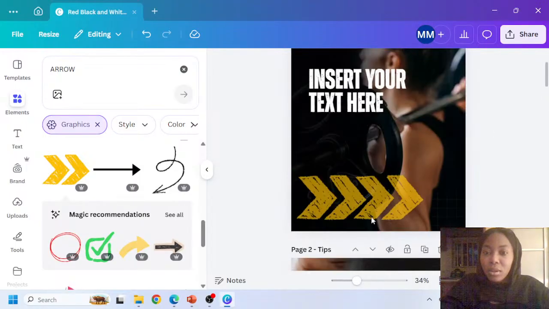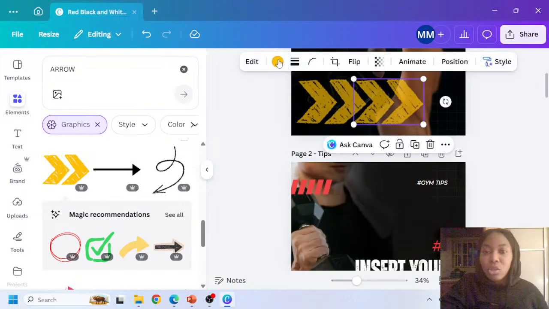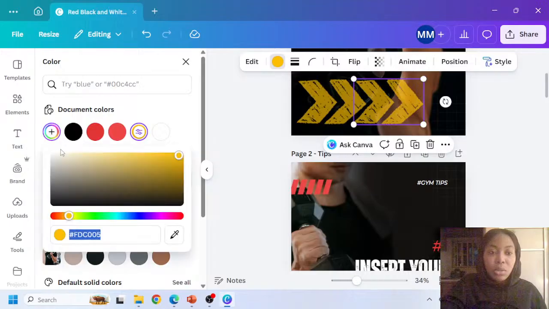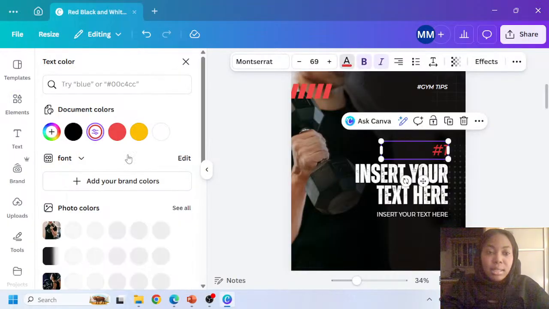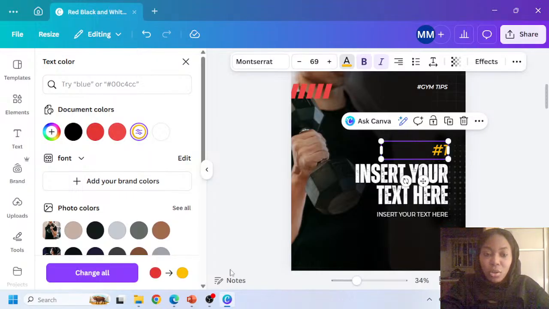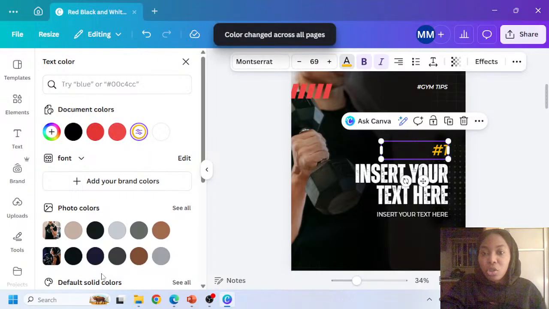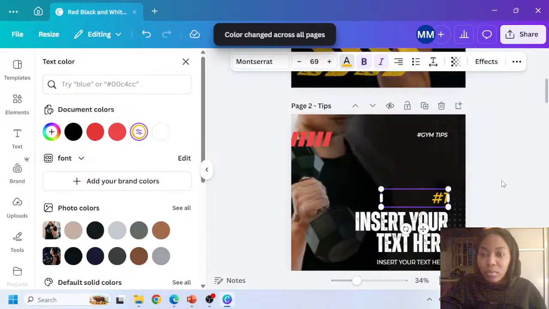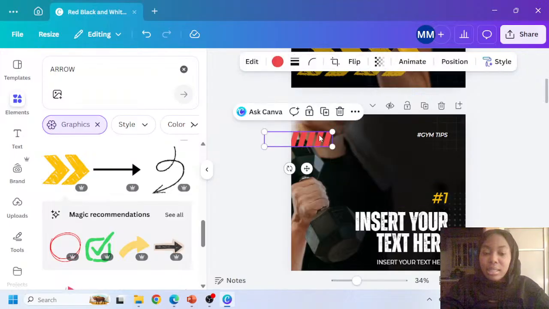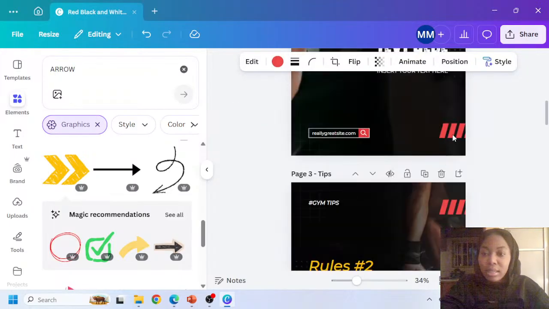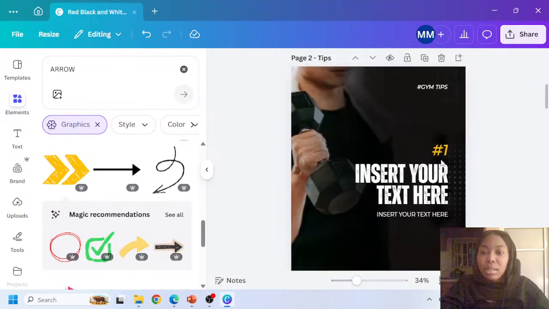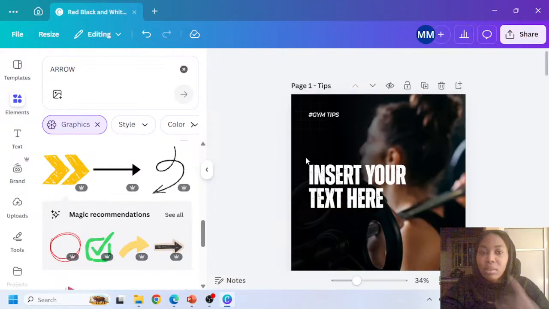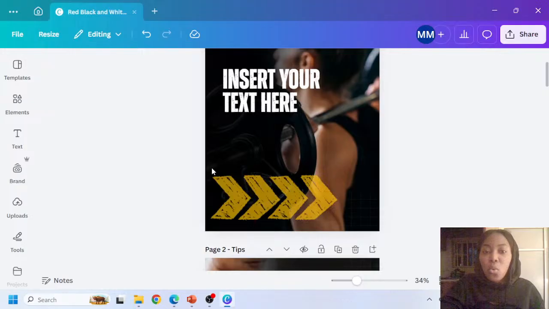And instead of this orange, I'm going to try to change the color to this yellow. So I want us to have a certain color theme that is unique, similar, and just flows round. So I'm going to change all like so. Now again, I can just take this out and take this out again. And I will take this out. Remember, we are working with